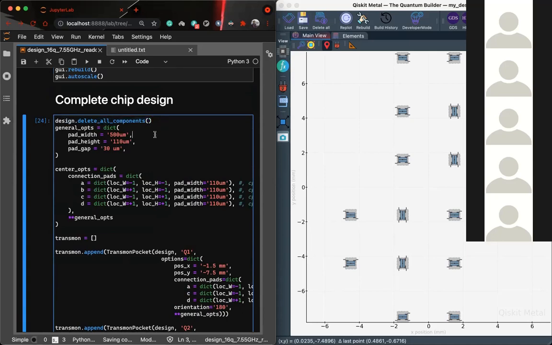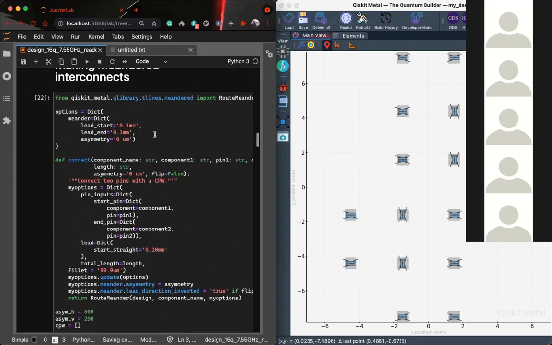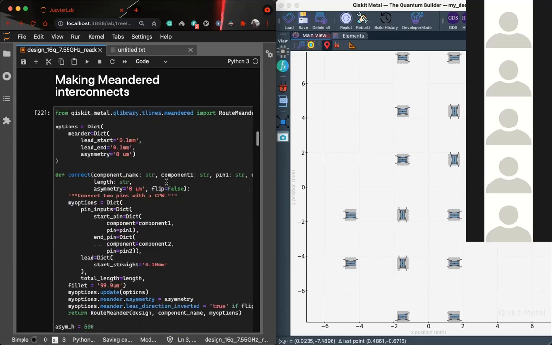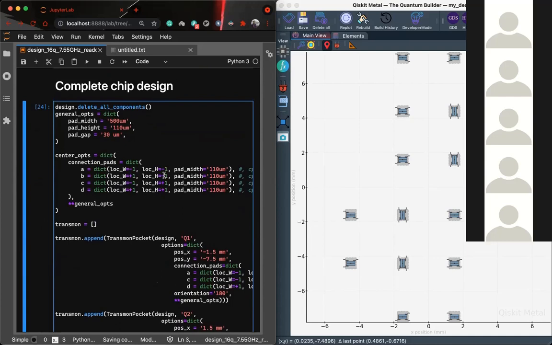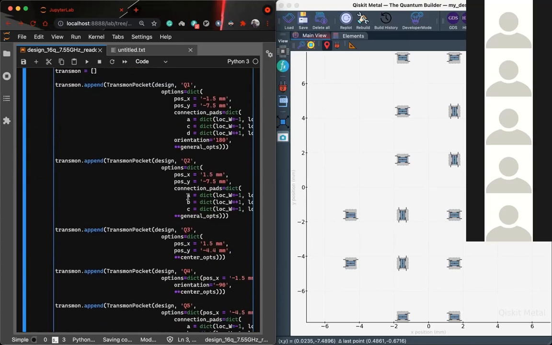If you want to make some changes, in this demo I put 2 qubits initially and now I'm going to 16 qubits, so I need to delete the previous components that I made. Delete all components is a handy function by which you can delete previously made components, and then you can remake those in some other Jupyter Notebook cell.